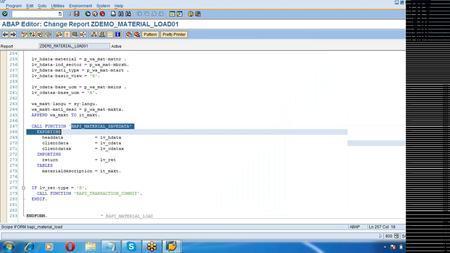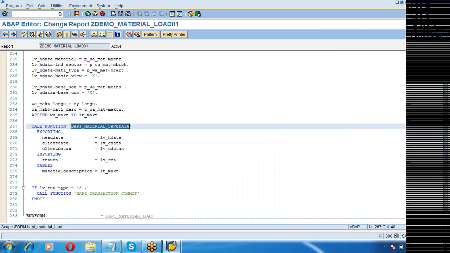So as I was telling, the business object or the BAPI is defined as a method within the business object. How do I see that?